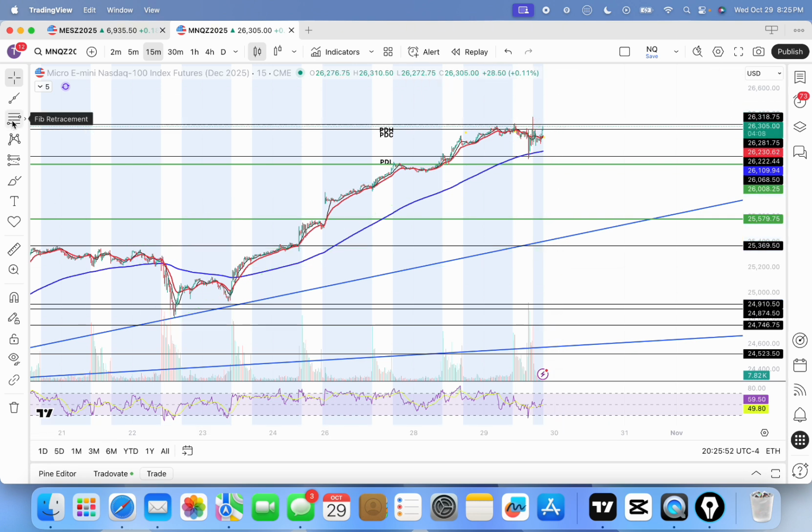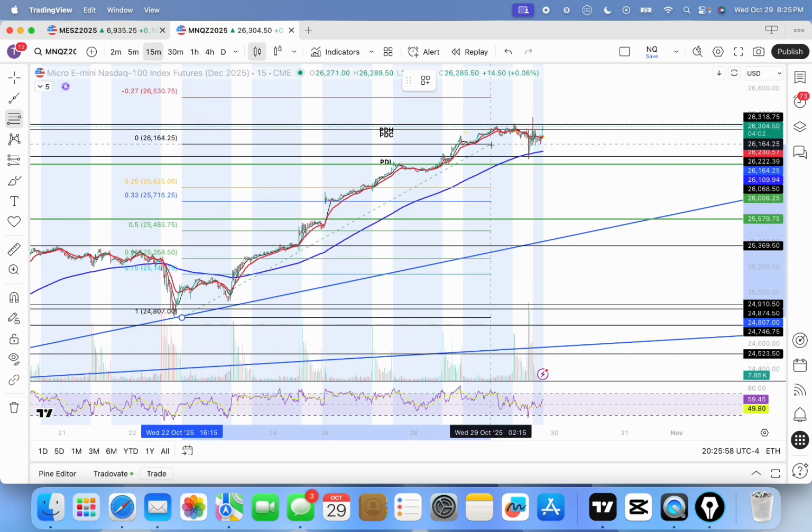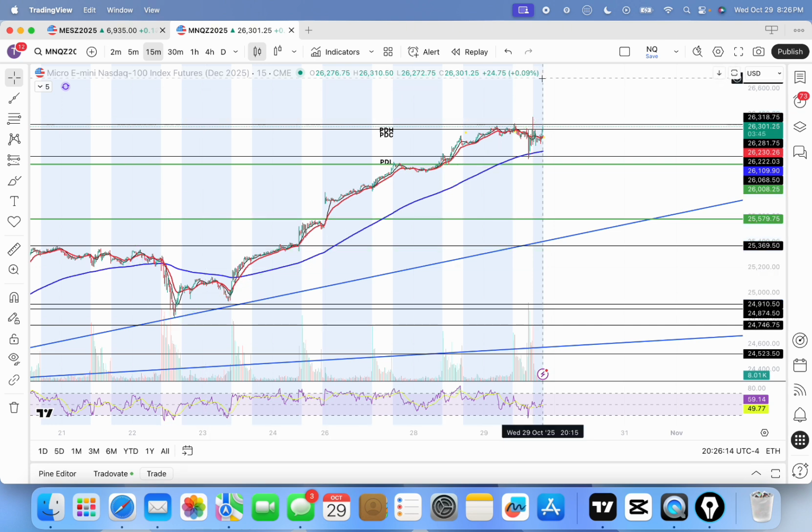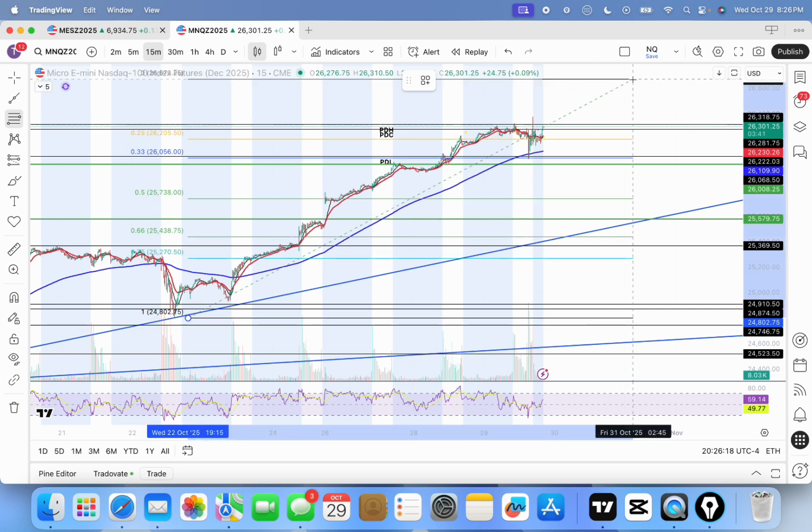You click the fib tool once, then you click the bottom of the move once, and then take your mouse and drag it up and then click it at the end of the move. Okay, so the line 1 goes at the beginning of the move, line 0 at the end of the move. Okay, and then once I do that, I will mark my